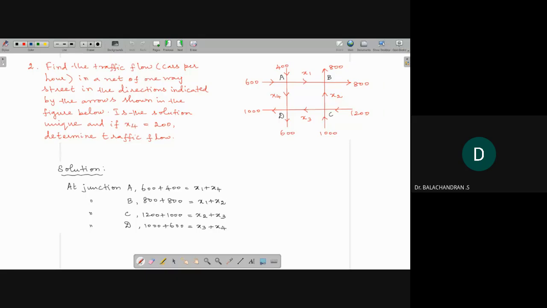Okay. So for an online class, I feel this is the right section to discuss with you. And one more thing, I will take singular value decomposition at the end of this class, because today we have 2 hours to discuss. So first balancing chemical equation, next traffic flow, then the third one is population growth model, and the last one is singular value decomposition. I want to finish 4 topics today,